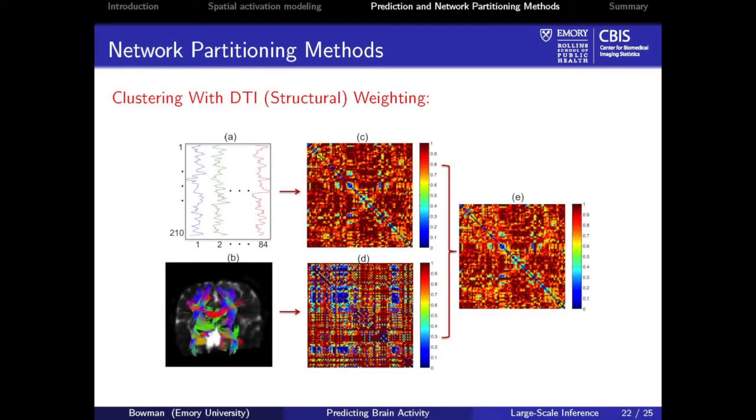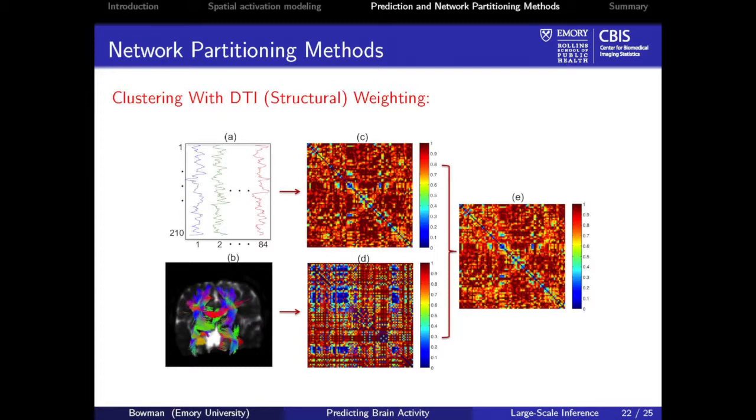Okay, the last thing I'll just comment on, we're also interested in looking at different types of imaging data and fusing the imaging data together, if you will, to hopefully result in a more informative analysis. One such example is the use of diffusion tensor imaging, which gives us information on the integrity of white matter fiber tracts in the brain. And so if we're thinking about connectivity and we have functional associations between different brain regions, how does that arise? It could be on the basis of a direct axonal link between two regions, but it doesn't necessarily have to be.